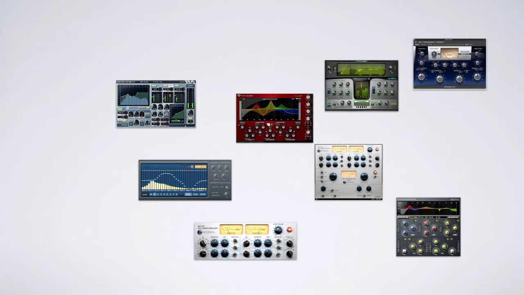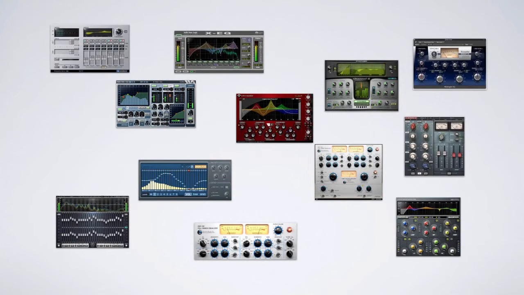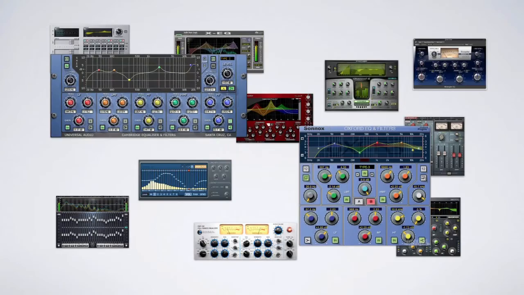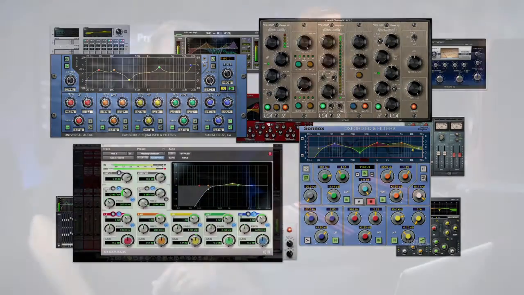Now, here's the promise. Could you imagine that at the end of a few hours, you will know how to work any of these EQs without even breaking a sweat? That's the promise. That's the goal here. By the end of this course, you will be able to just stare down any EQ, whether it be on a mega top-of-the-line mixing console or the latest newfangled piece of software or plugin. You won't even blink or break a sweat.